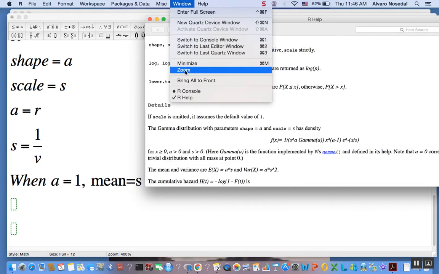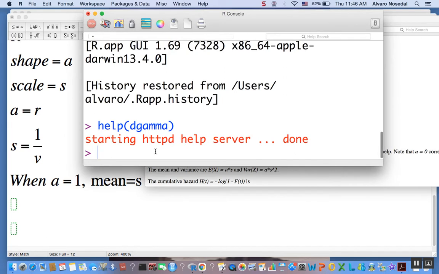So let's play around with that PDF. First, we know that the support of gamma distributions is all non-negative real numbers. So let's create a sequence that goes, say, from 0 to 100,